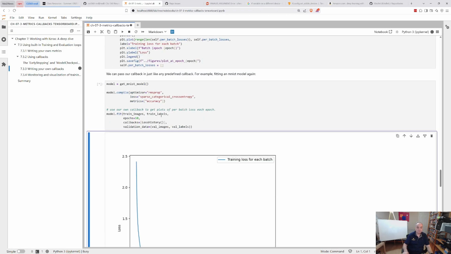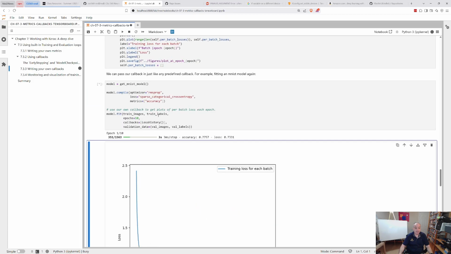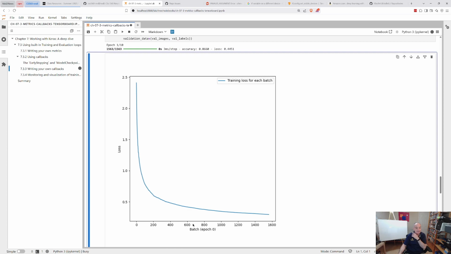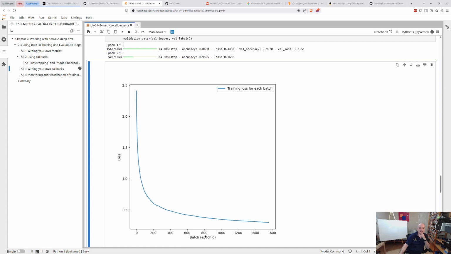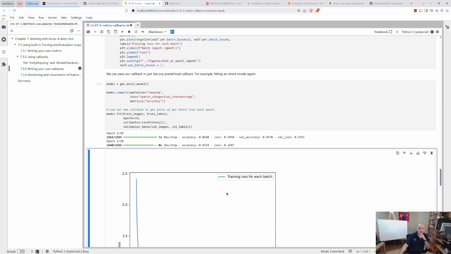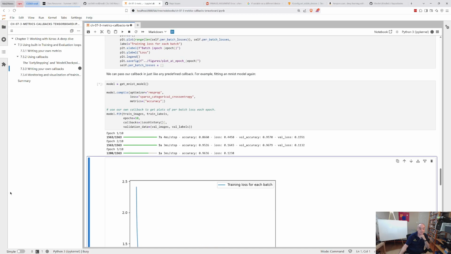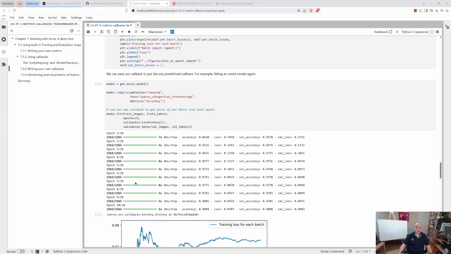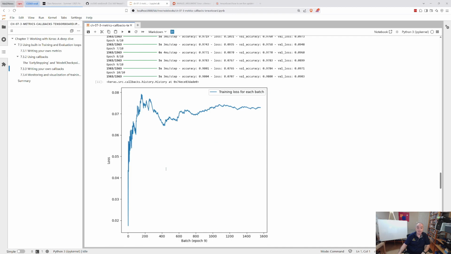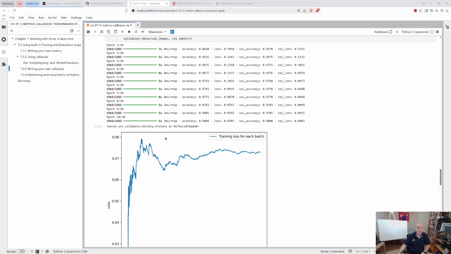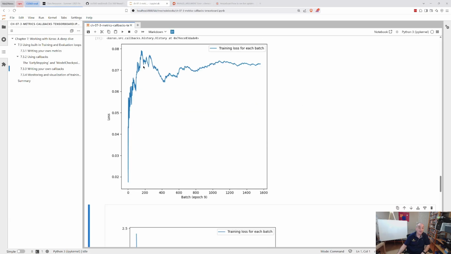Let's just go ahead and run that. So I'll just let that run. But this is from running it before. You can see what the loss looked like. Actually, this was the loss from the first epoch that we're displaying. So with training finished here, we can see that the last figure that's generated actually gets shown in the output inside of your notebook here. So that was actually the loss for each batch on the last